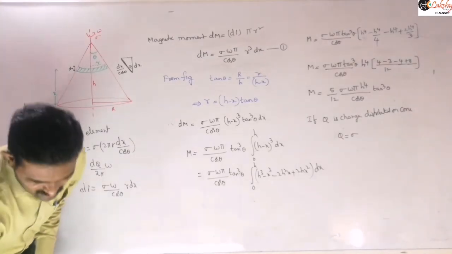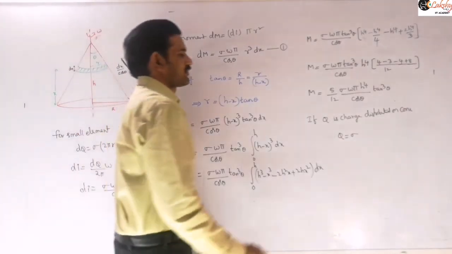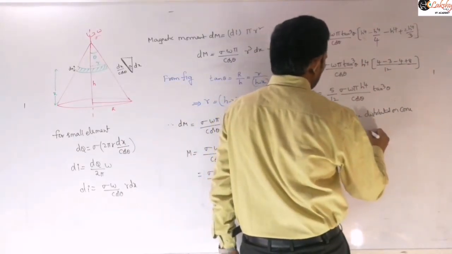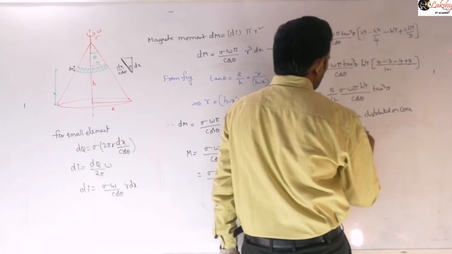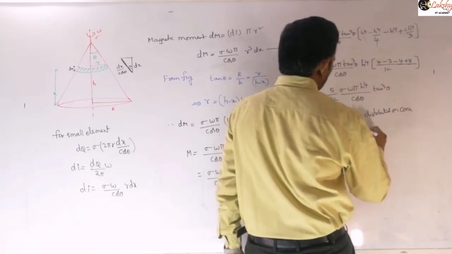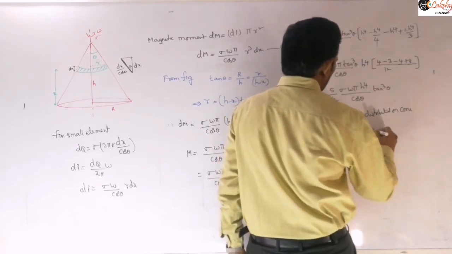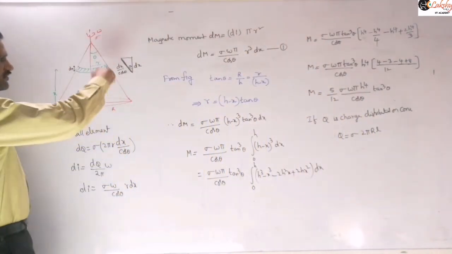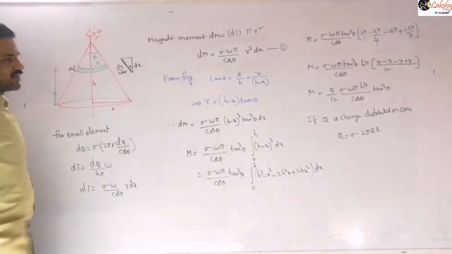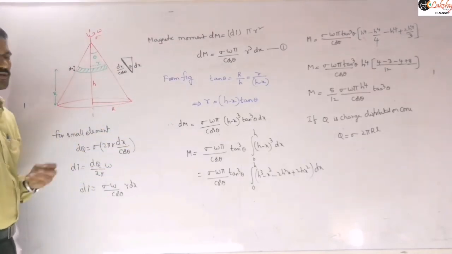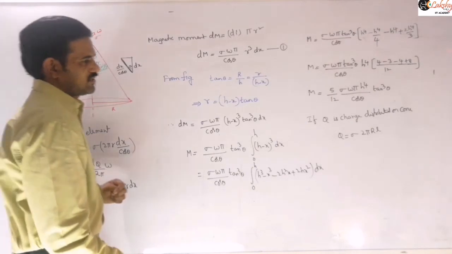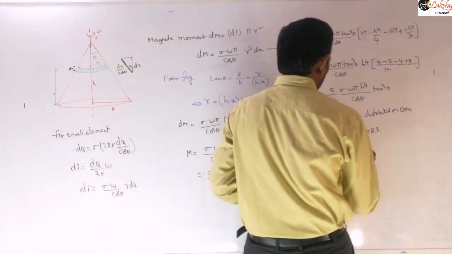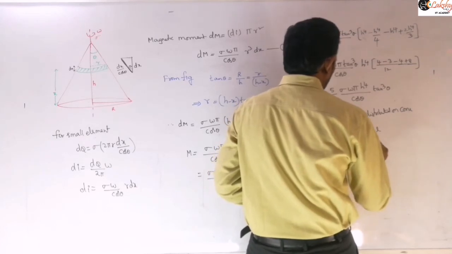So the curved surface area of that cone you can write as 2 pi r l, that is 2 pi r into l, right? So L is the lateral length here, and R value and L value you can write in terms of H and theta, because those are the known values for us. So then this expression you can write as sigma into 2 pi into only H